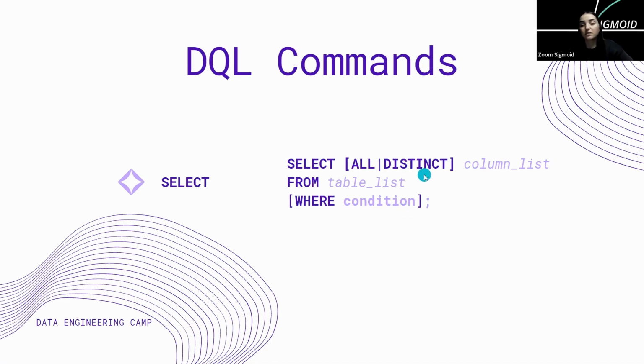The distinct requires to get rid of duplicates, therefore showing only unique values. The from clause specifies from which table or tables we would like to select certain information, and the where clause is an optional clause. As you can see, it is in square brackets. Here also all and distinct are in square brackets. So the where clause, it's an optional clause used to filter the records